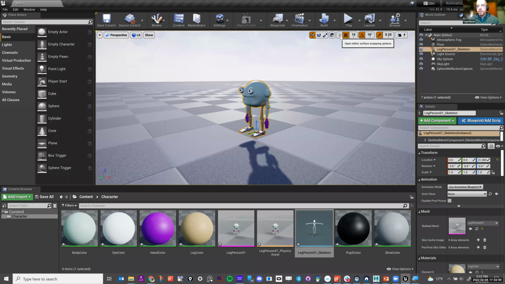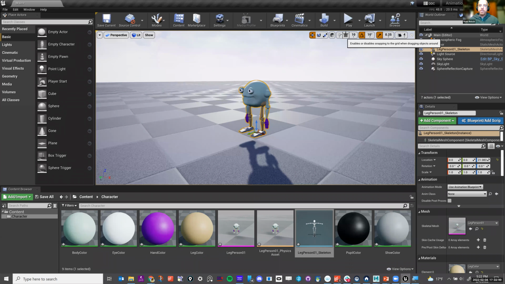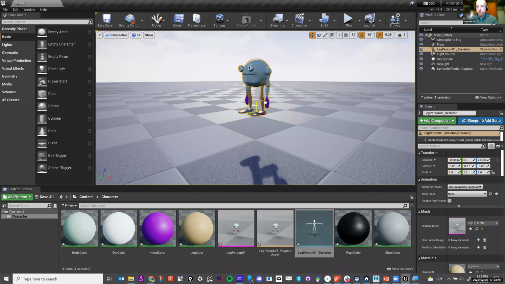Let's see here. There is snapping. So you could have it snap to the grid, and this is how much it's going to snap. You could either have it by 1 or by 10, or you can shut snapping off altogether. Okay, and that should now allow me to move this character and place it where I want to place it.